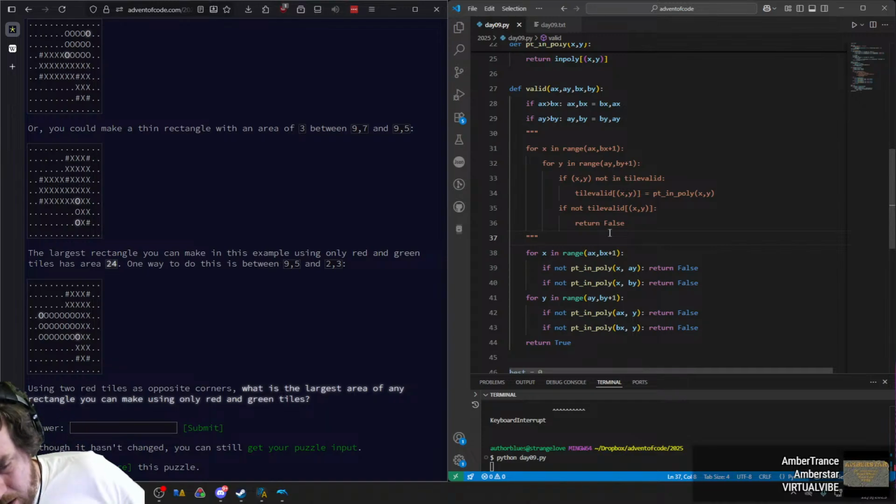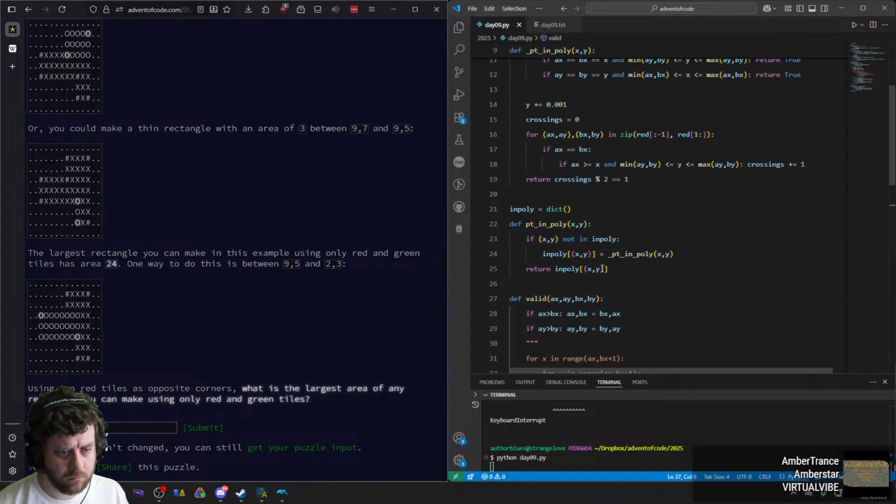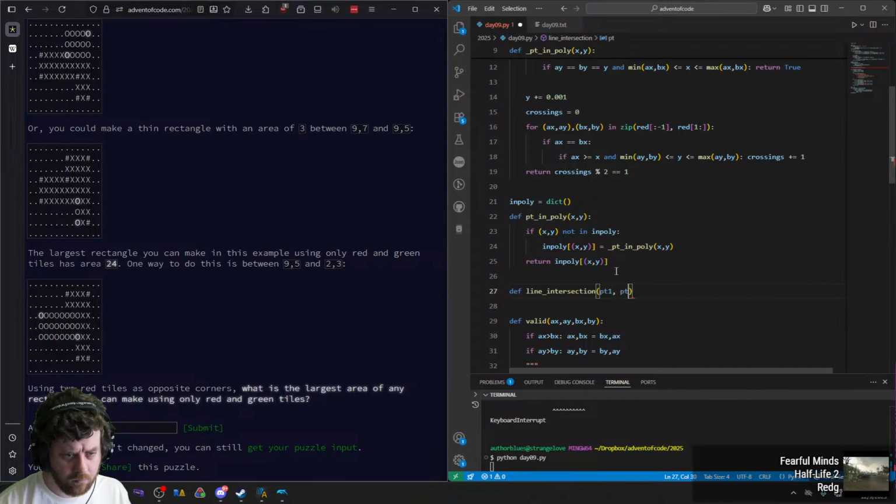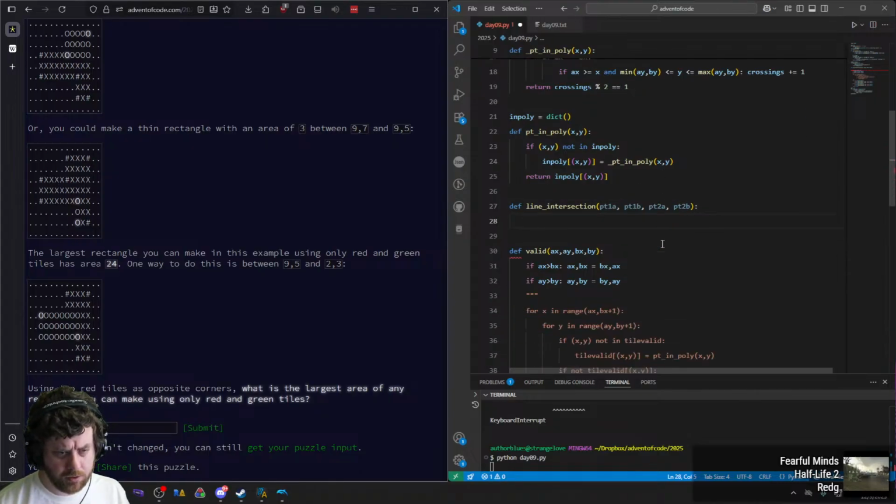Because I think that's all I want, is I want line-line intersection tests. So two lines would intersect if